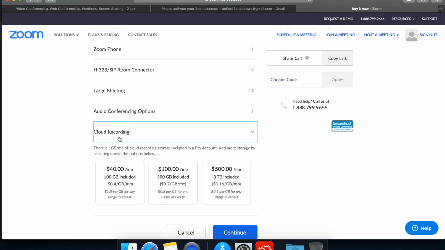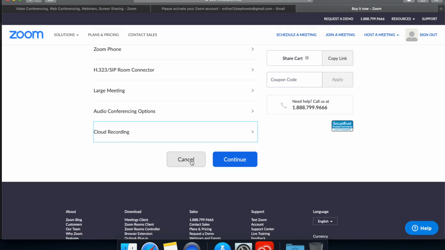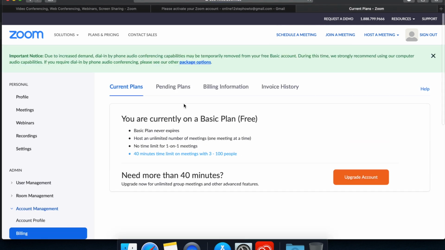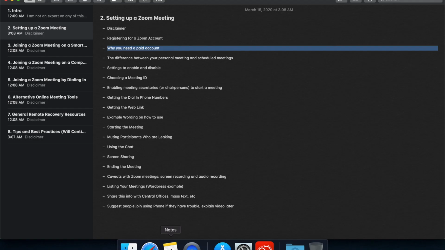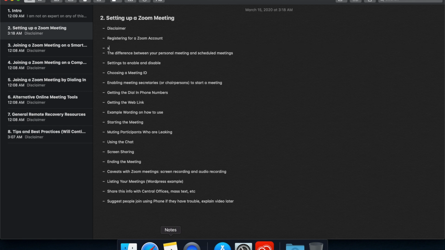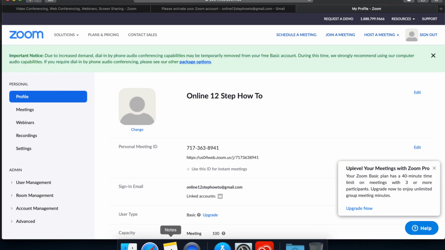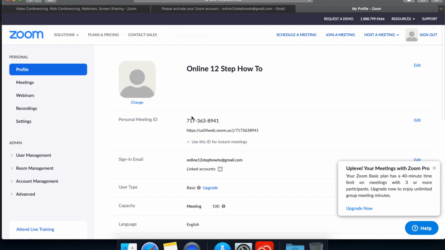And again, you don't need cloud recording. You shouldn't be recording a 12-step meeting anyway. Okay. So let's take a look at some of the settings here in our account. So again, you're going to notice here we